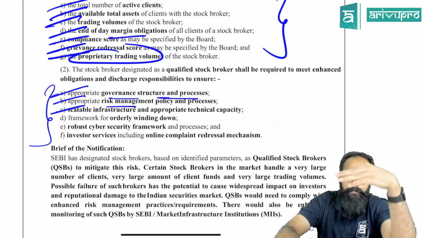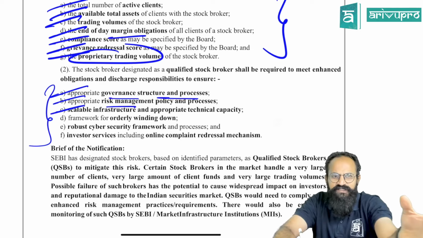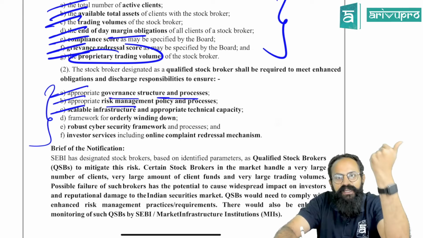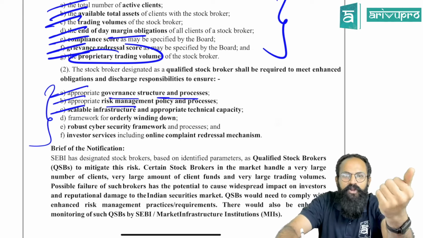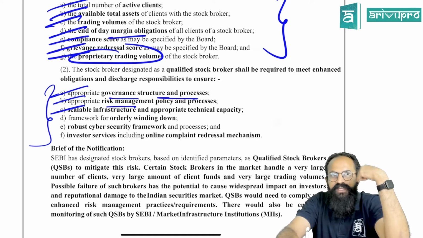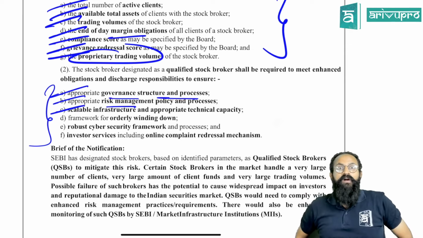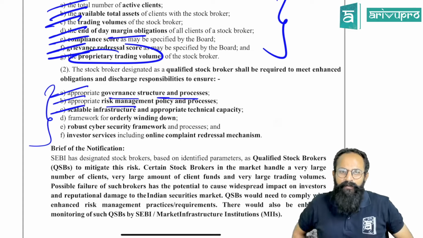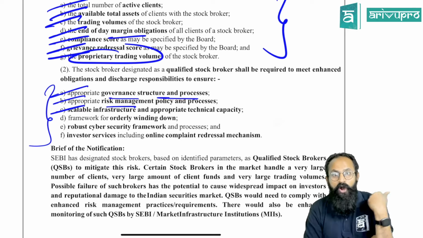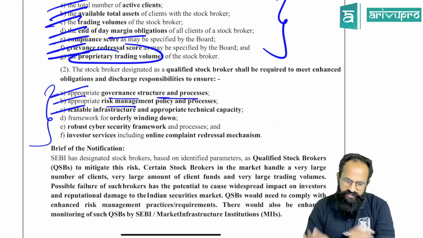Scalable infrastructure and appropriate technical capacity. You are telling you have 1 crore clients, but is your infrastructure, your hardware, your software, able to handle that? Because what if a market crash happens? Imagine your app crashes, like Flipkart on Big Billion Day. Imagine a most awaited movie is launched on Netflix or Amazon. On that particular second, they cannot handle the number of people who log in, the footfalls. So are you able to have that infrastructure?